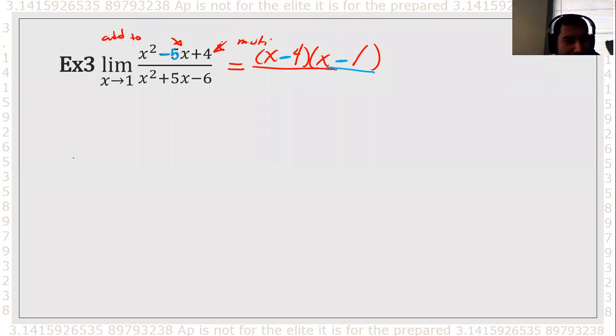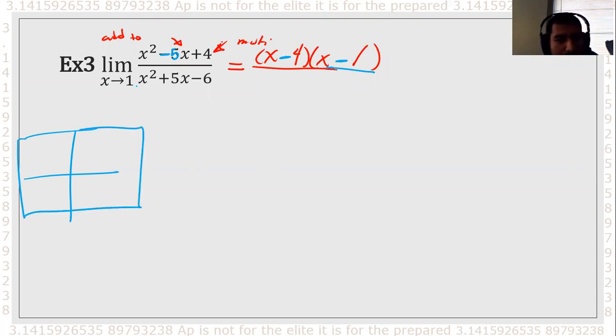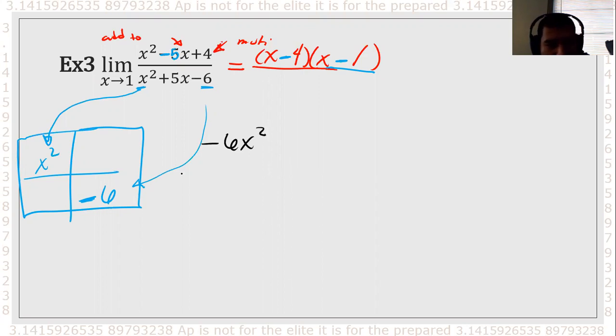Just for practice, let's go ahead and do the tabular method for this one. So the x squared goes right here, and the -6 goes on this one. So I'm thinking of two numbers. I'm sorry, if I multiply this, I get -6x squared. So I'm looking for two numbers that multiply to -6x squared and that add up